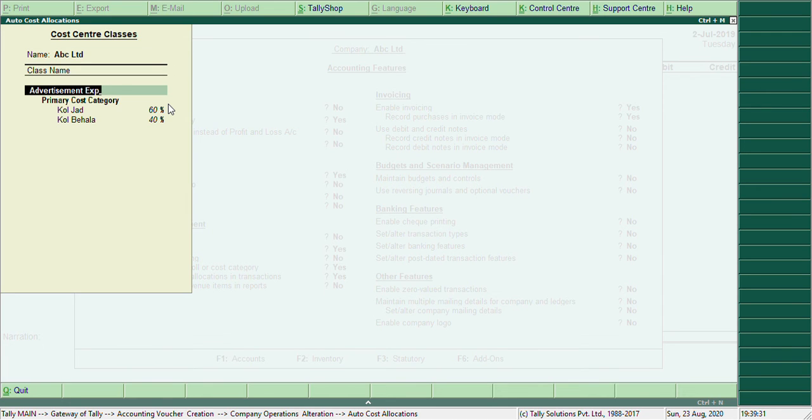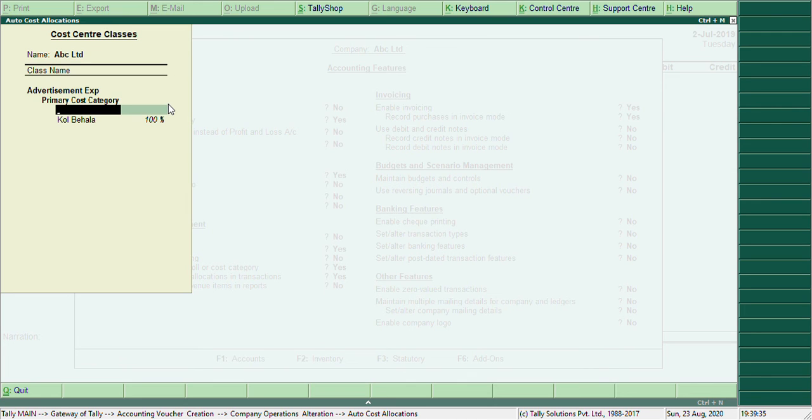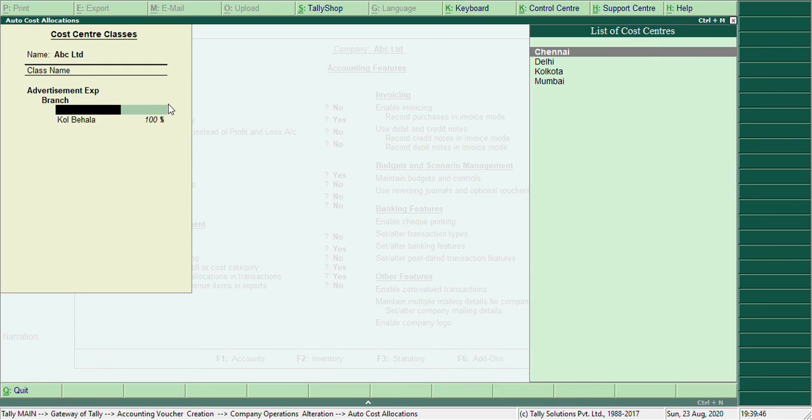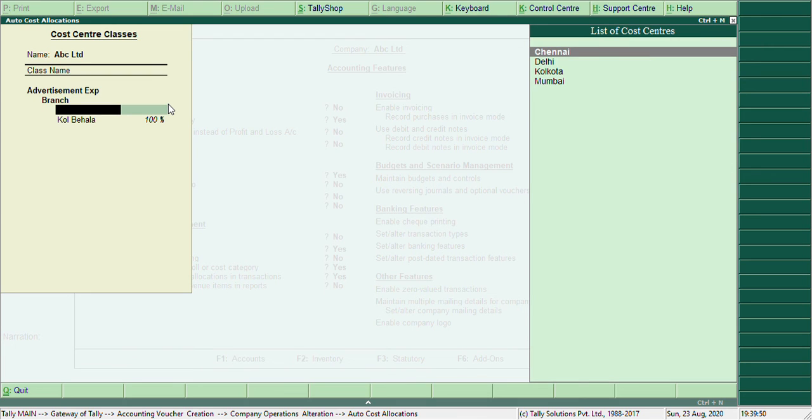Advertisement expense under primary cost category, and now we have to select different branches. Here the cost category is branch. Under the branch, now I am creating for Kolkata, it is 28%.